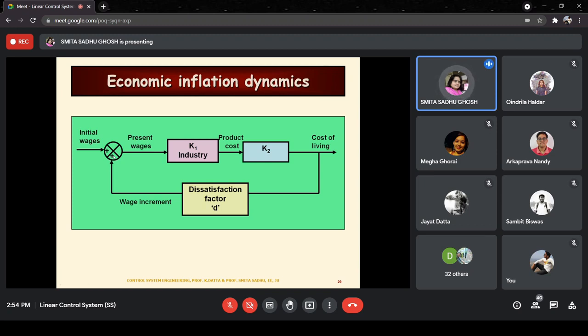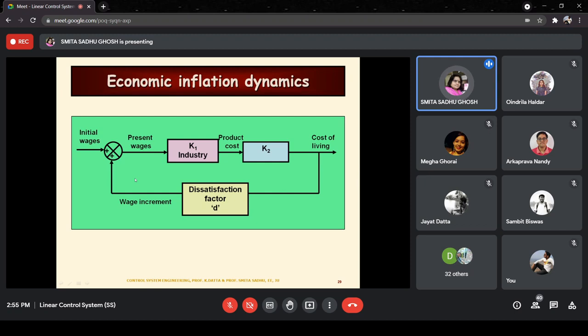In all practical systems that we would usually encounter, we would see that the feedback is a negative one. It will be negative over here, which will actually act as a corrective action. So basically, in case you have a negative feedback over here, then that negative feedback is going to have the action of correcting whatever wrong has happened, meaning that, say for example, if the cost of living had gone up, it will decrease, gone down, it would increase, but not in this system. This system is a positive feedback system.